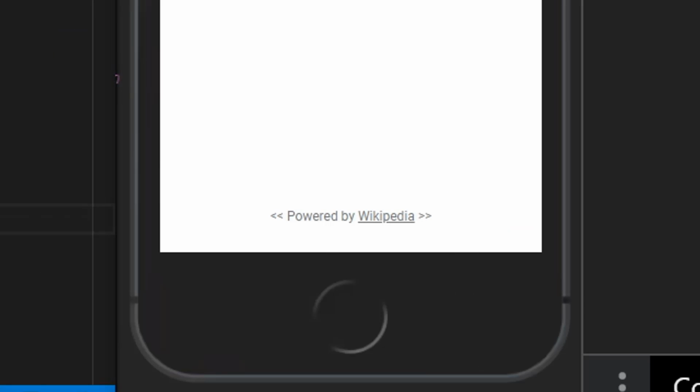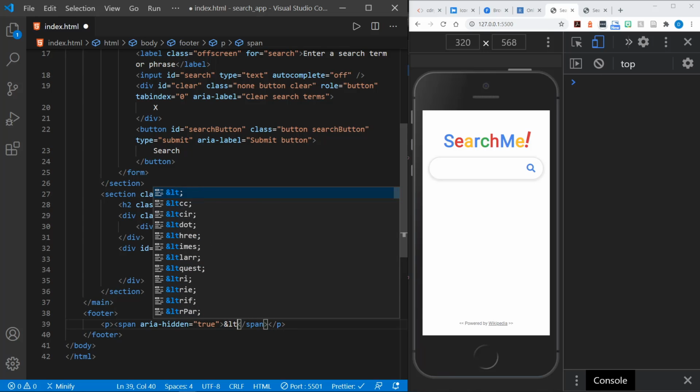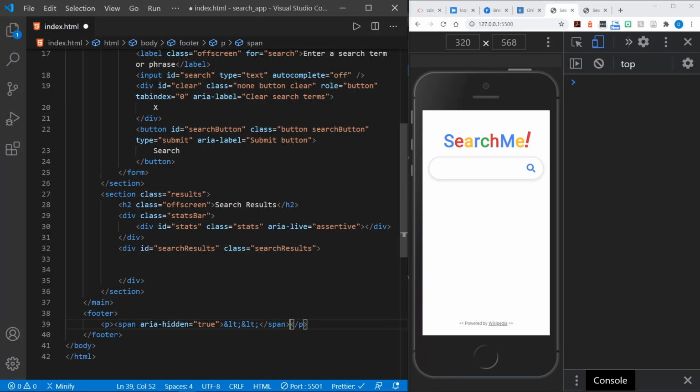At the very bottom here it says powered by Wikipedia, and there are two less than symbols at the beginning and two greater than symbols at the end. And they're really just for looks. We don't need the screen reader to read less than, or greater than. And so I want to give them an ARIA hidden attribute, and we'll set that to true, and then we can put the symbol for less than in twice, ampersand LT semicolon, and ampersand LT semicolon. And now we have our two less thans, and then we can give a space and say powered by,